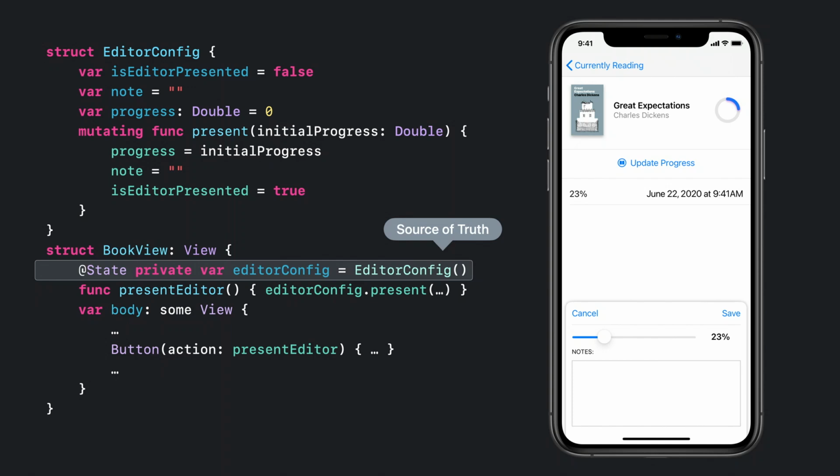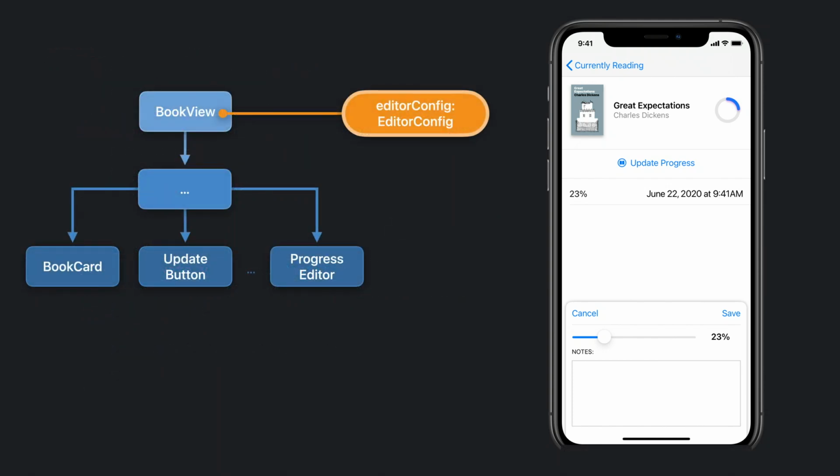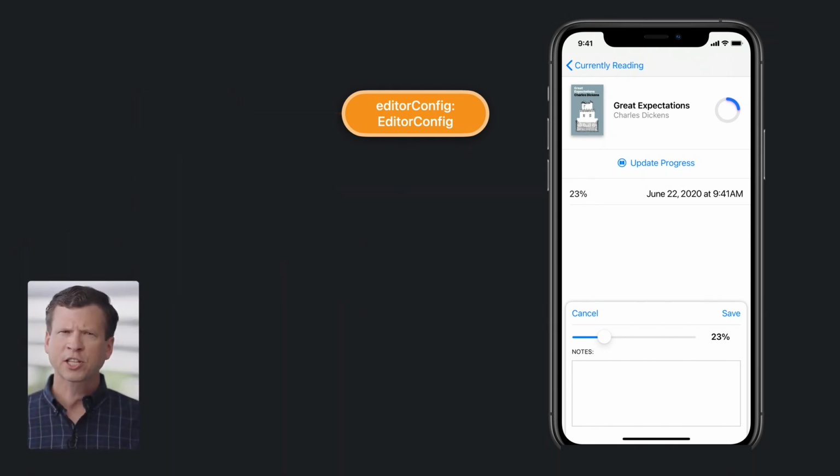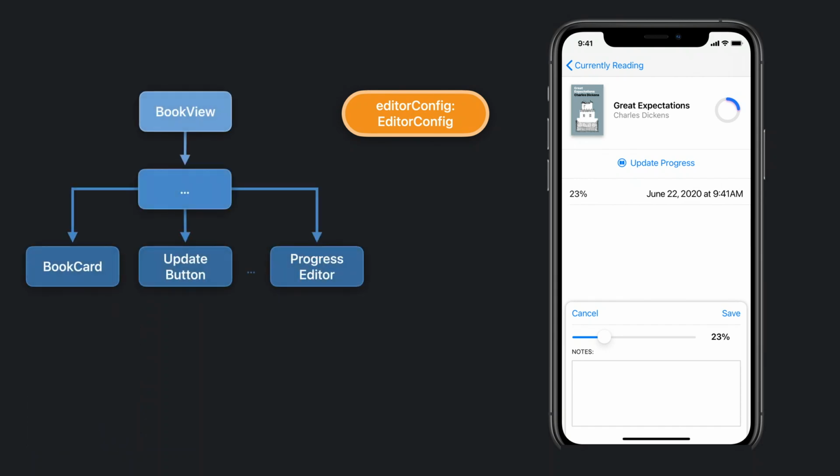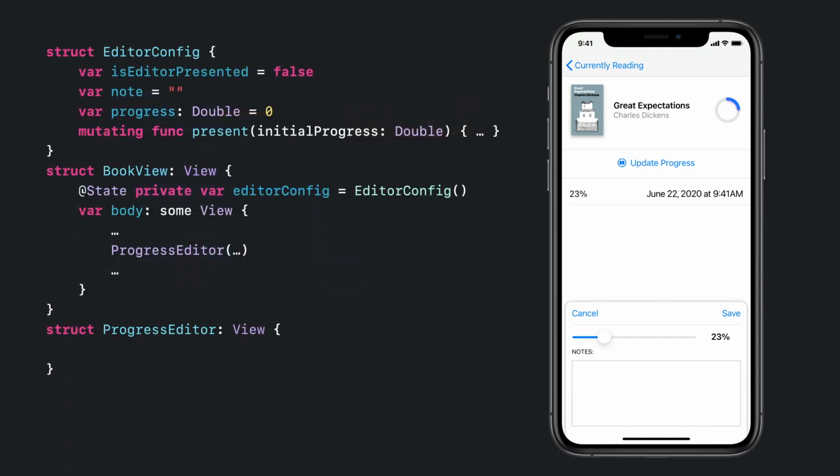Let's look at that as a diagram. Again, we have the views represented by these boxes on the left and the data by a capsule on the right. Notice that the capsule has a thick border. I'm using this border to indicate data that's managed by SwiftUI for us. Why is that important? Well, remember that our views only exist transiently. After SwiftUI completes a rendering pass, the structs themselves go away. But because we marked this property as state, SwiftUI maintains it for us. The next time the framework needs to render this view, it reinstantiates the structs and reconnects it to the existing storage.